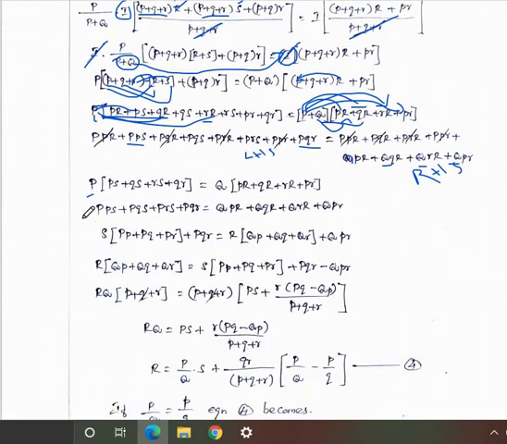Or maybe you can take the same equation here, and here you can take a common point. S is the common point here, so you can take a common S. So here PP and PQ and PR plus PQ, it's a different term because there is no S term, so you cannot consider that. And here you can take common R value, because why do we need to take common S and R? We need R, the unknown resistance, and S is the standard resistance, and the remaining resistances P and Q we already know, so we have to find out the resistance value R. So then only we have to take the common term R.